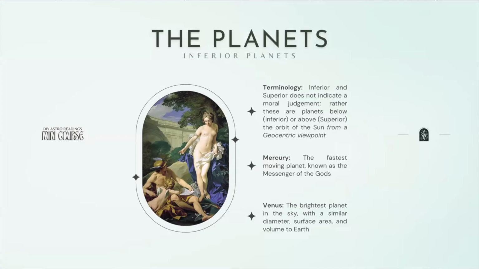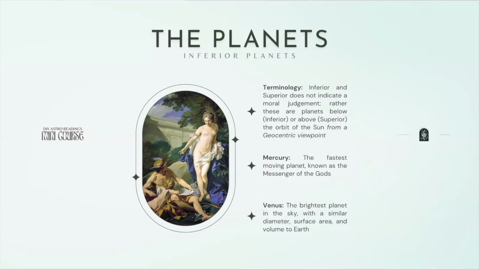So Mercury, we've got here, also known as Hermes, and Venus, also known as Aphrodite. I love this painting of them. I've never seen it before. I found it for this course, but I'm just in love with it now. Anyway,